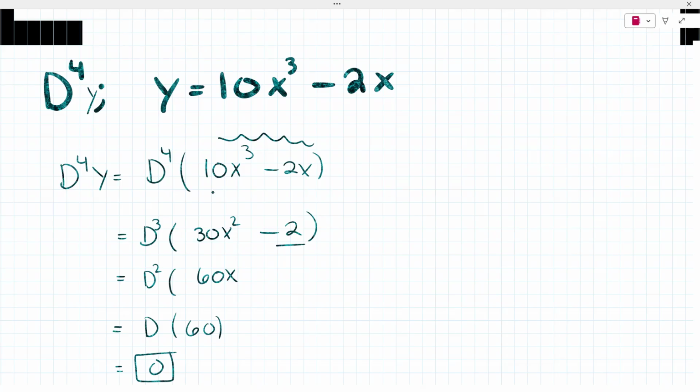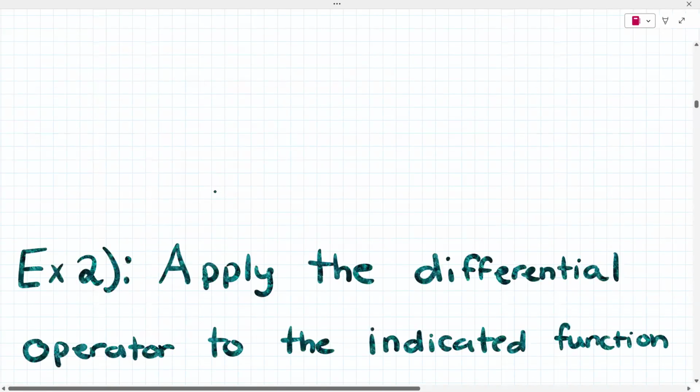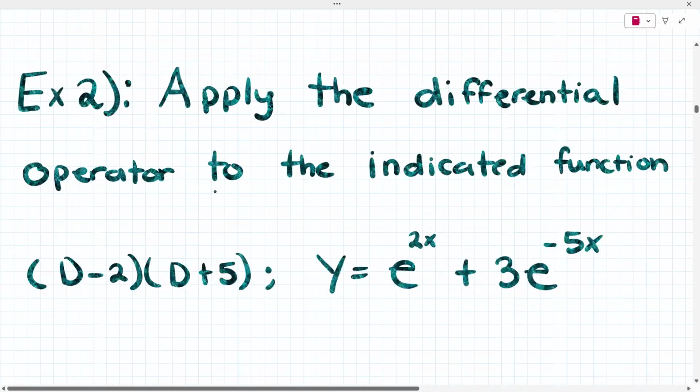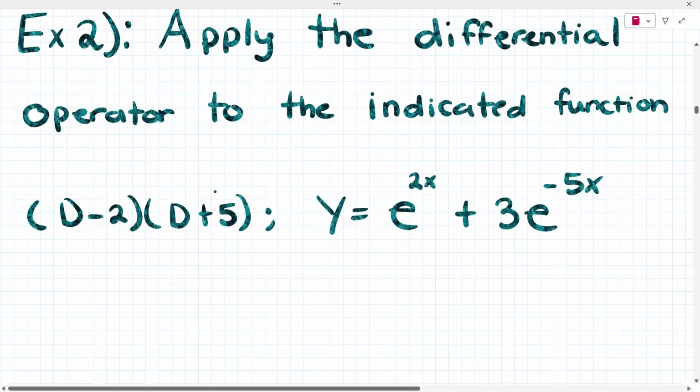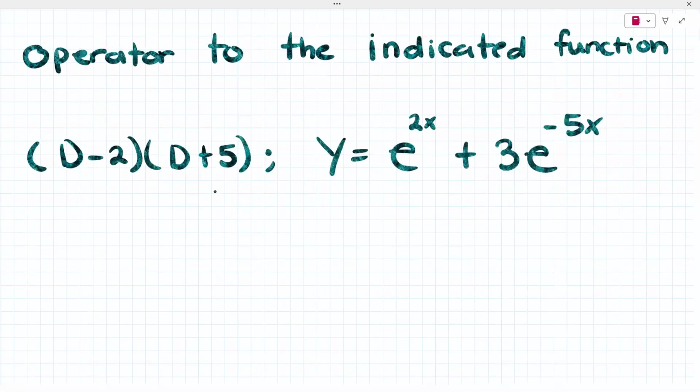Let's move on. Example 2 says apply the differential operator to the indicated function. We have parentheses d minus 2 times d plus 5, and we have y equals e to the 2x plus 3e to the negative 5x. So what I would do first is FOIL out this d minus 2 and d plus 5. So if you FOIL that out,